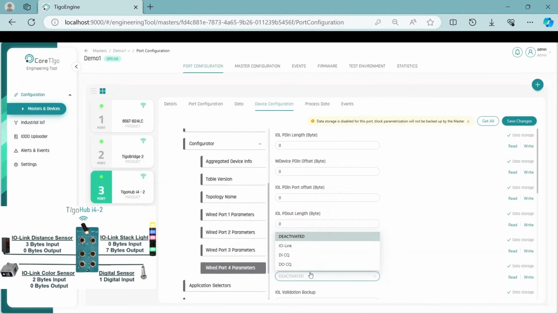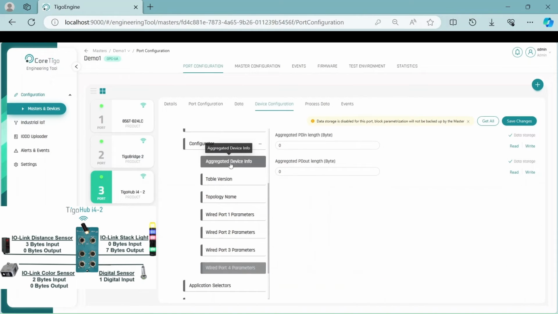Once all of the wired port parameters have been set, we will need to tell the TigoHub the aggregated length of the data stream we just built. So we'll go to the aggregated device info tab. And for the input side, we have 3 bytes on port 1, 0 bytes on port 2, and 2 bytes